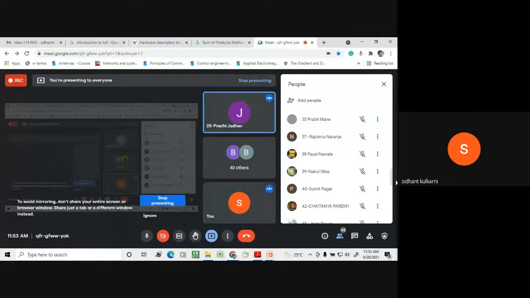Yes, sir. If I want to design an active low pass filter, where should I connect a capacitor? Capacitor should be connected in parallel or in series? For low pass filter, capacitor should be connected in parallel to the R or in series? Series. Okay. Any other answer? Parallel, sir. Okay, parallel. They should be connected in parallel. Otherwise, they are not going to reject the high frequency component.